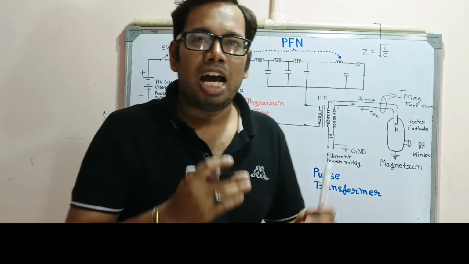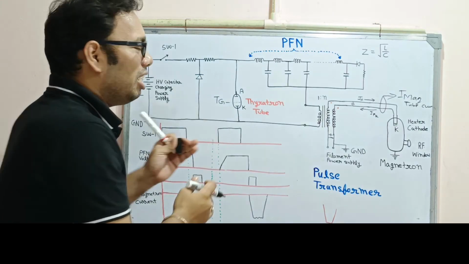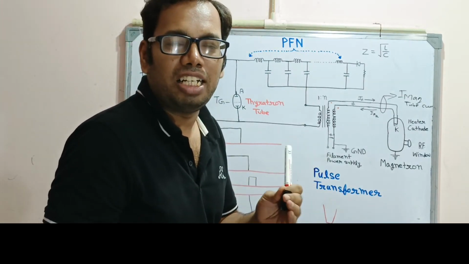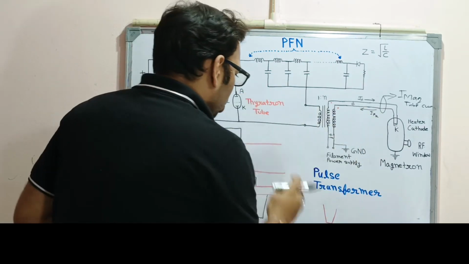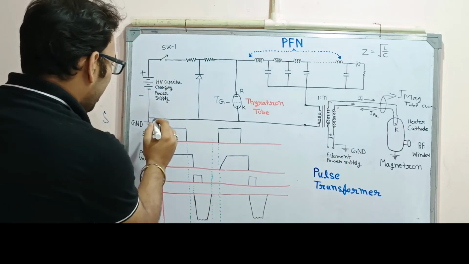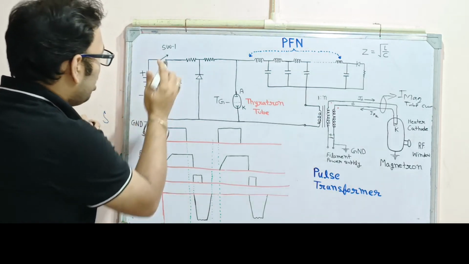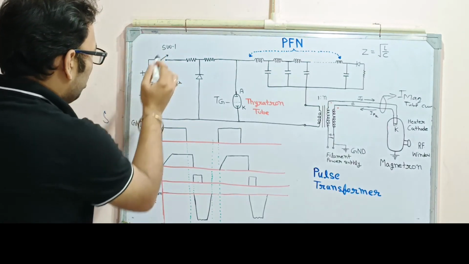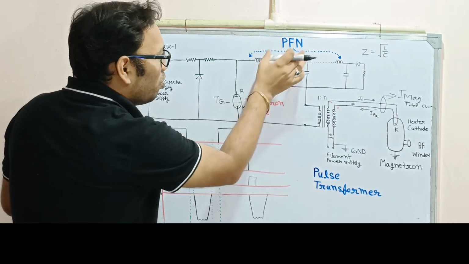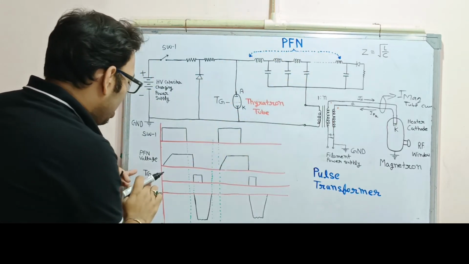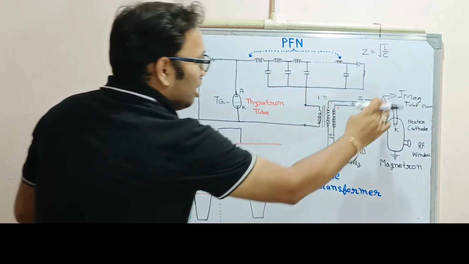Now we'll discuss how the system is working as per the graphs. How which section is turning on and which section is turning off, so that we will get the high voltage pulse for the magnetron. So if you see here, I made the four parts. One is the operation of the SW switch, means high voltage power supply. Second is the PFN voltage, when the supply will charge, what is the voltage across this. Then after that, trigger for the thyratron. Then magnetron current will generate here.